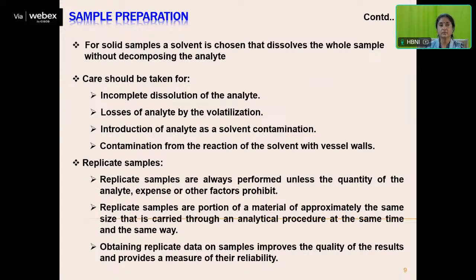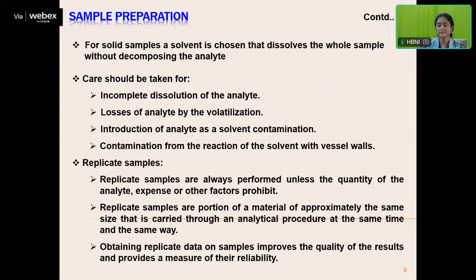And whenever you are doing one analysis, you always have to do replicate samples. What is the meaning of replicate samples? You have to analyze 3 times, a minimum of 3 sample aliquots has to be taken from the main sample and processed in a similar way, and finally they should